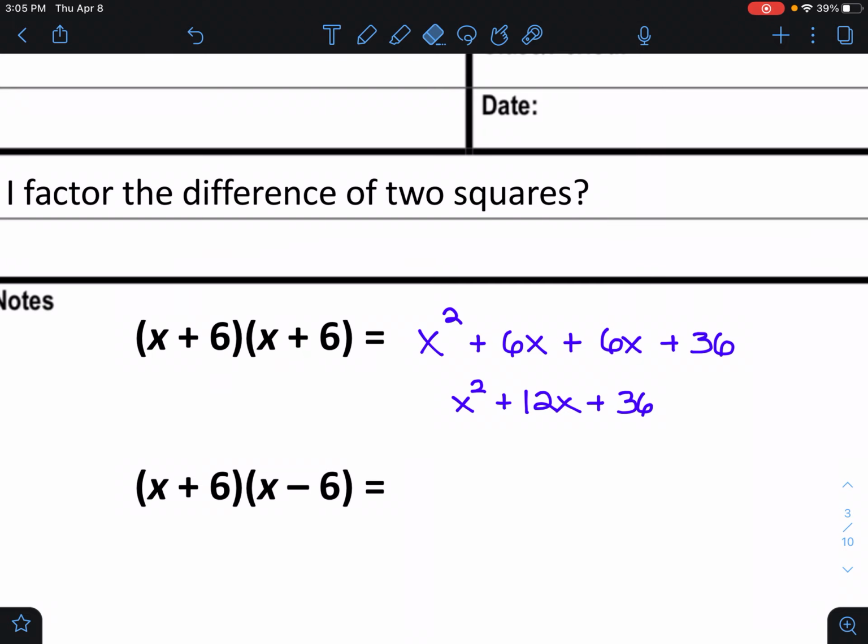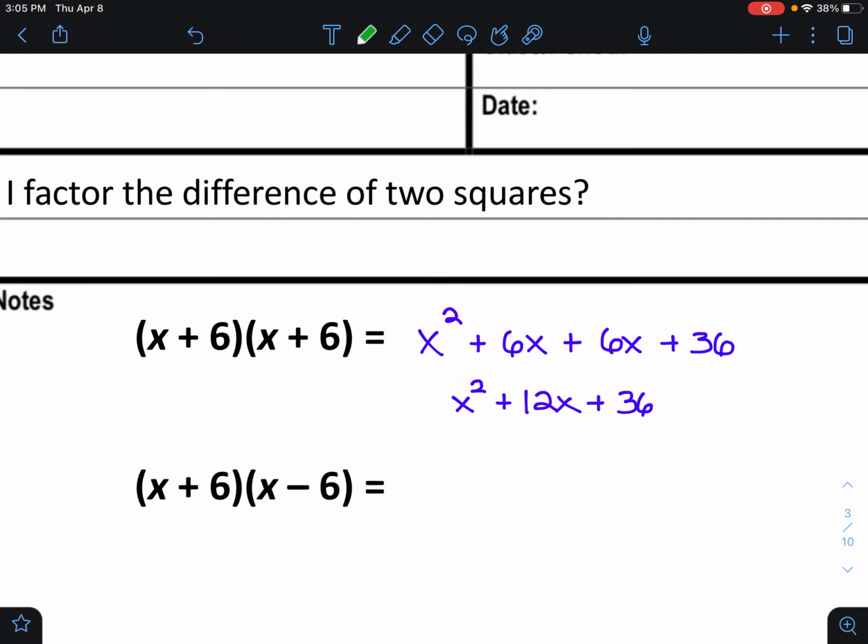Now, that made sense too when we went backwards. We said two numbers that multiply to be 36 but add up to be 12. Well, that's 6 and 6, so that's why you see this 6 and this 6 here. So it all works out and all makes sense based on what we've talked about. Okay, so now let's talk a little bit about